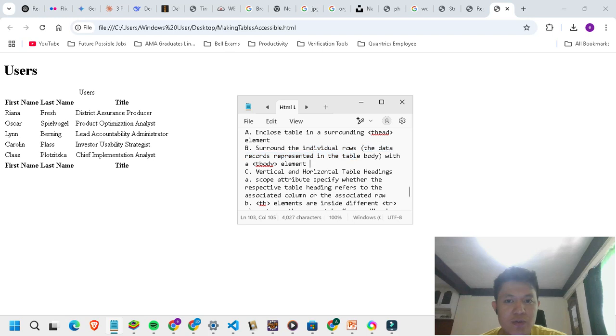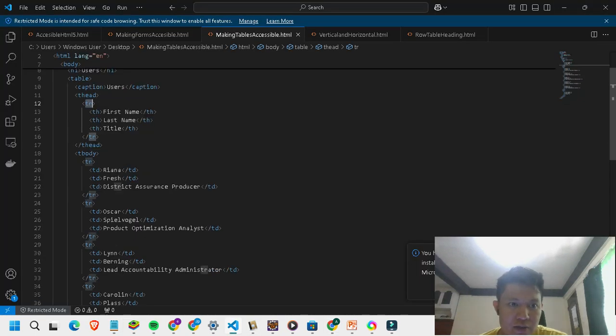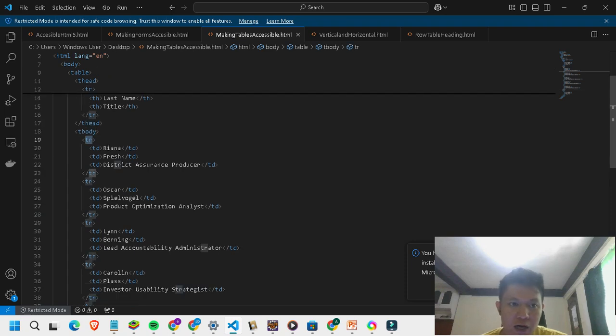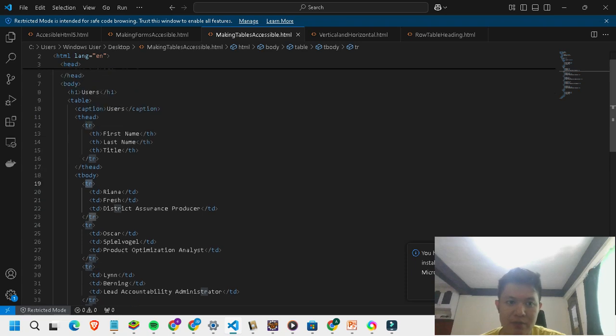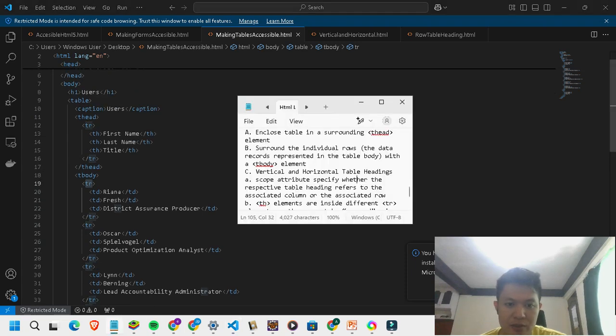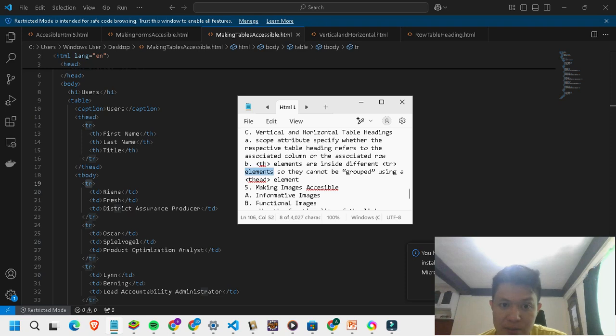Surround the individual rows, the data records represented in the table body, with the t-body element. So here, the t-body element, and this is the table row. There's an exception for this, for the t-head, because of the next point.